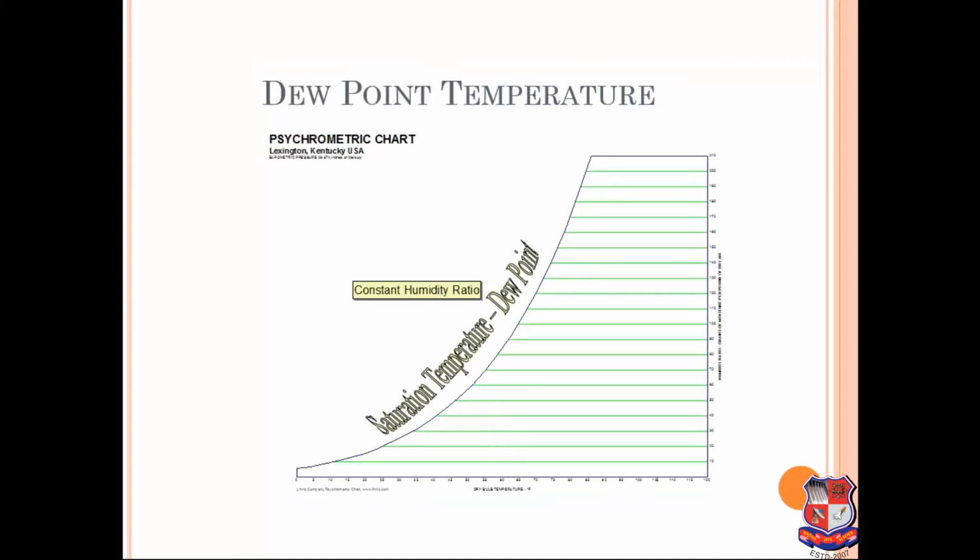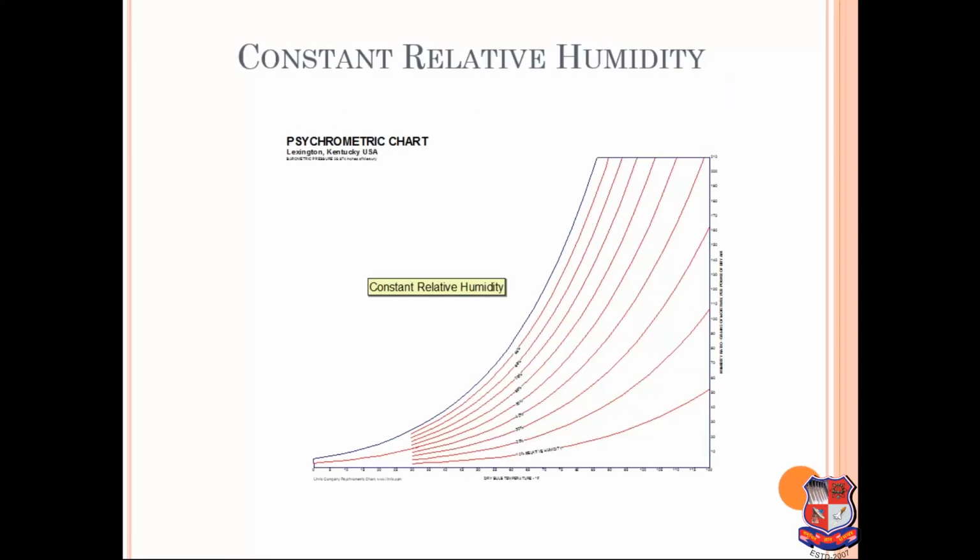Next, dew point temperature line. At a constant humidity ratio, if the air temperature drops, it will eventually reach the point where it can no longer hold the water vapor, which is the saturation line. The point is called the dew point temperature. You will always find the dew point temperature on this saturation curve line. One simple example is that the dew point of the air in the afternoon is a simple predictor of the overnight low temperature.